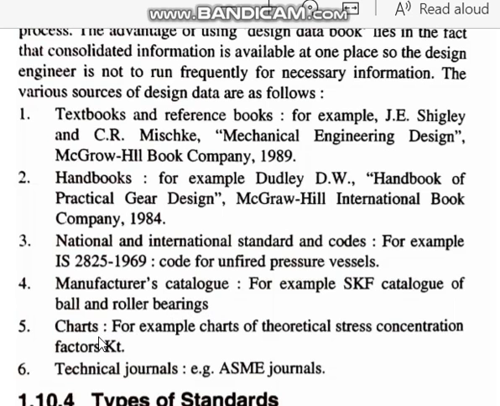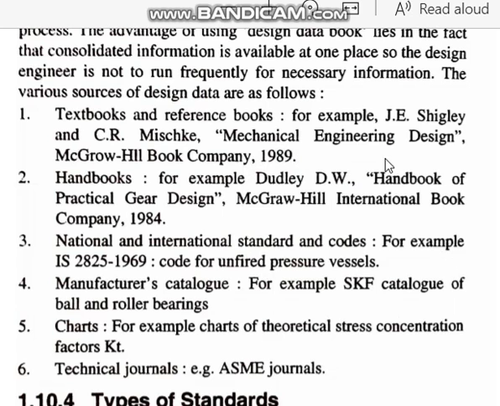And we have charts also, for example, charts of theoretical stress concentration factor, Kt, and such information also. And then technical journals are available, for example ASME journals, and so many other international and national journals, in which researchers, people doing PhD and post-doc, publish so much material, and those things we can refer to. But